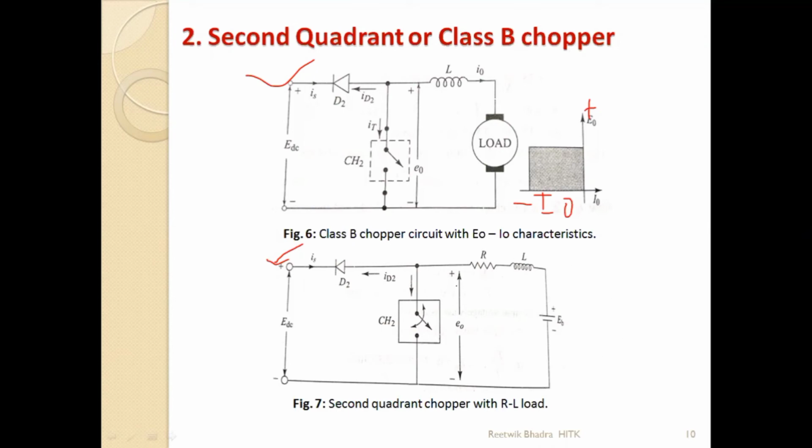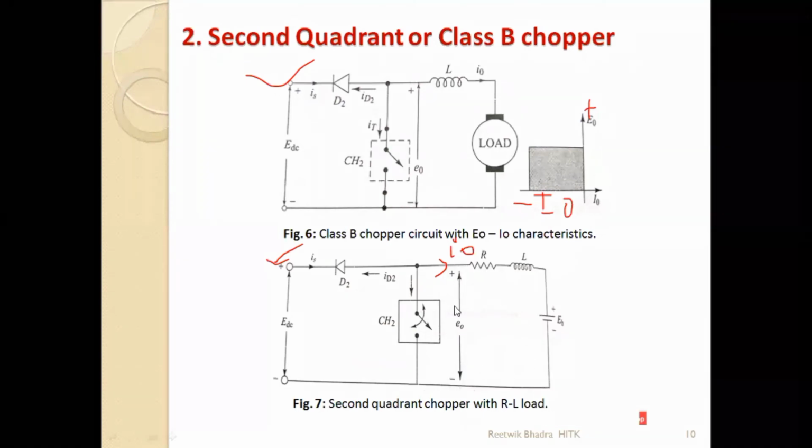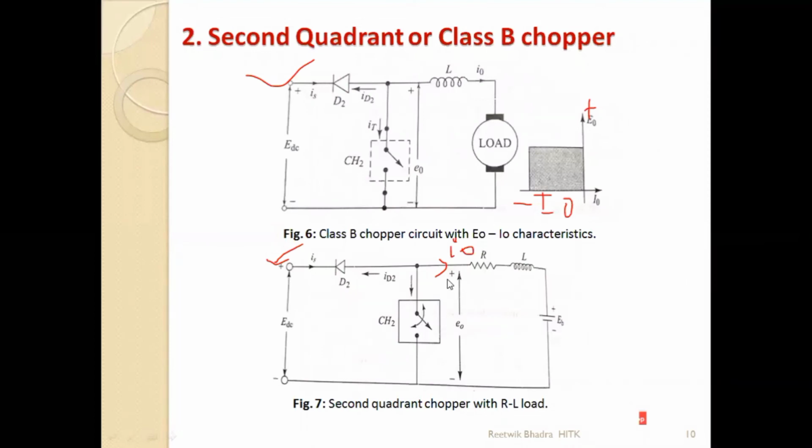Again the same things are taken, plus is this one, minus is this one. I0 is in this direction, so I can draw I0 in this figure in this direction only. So all these currents and voltages are positive. Anything apart from that will give you negative voltage or negative current. So over here we are seeing that there will be negative current that will flow through the circuit. That means the I0 direction will be opposite.